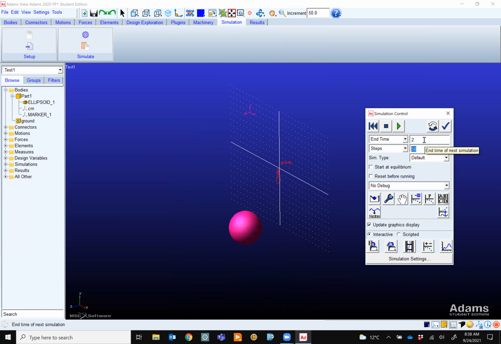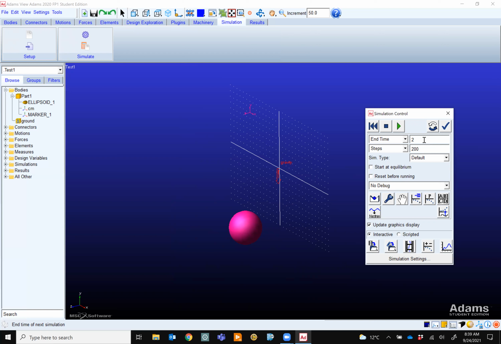So we developed the Lagrange equations inside, and the Lagrange equations are all nonlinear. Unlike a vibration course, ADAMS deals with the original nonlinear equation, and those nonlinear equations need to be solved numerically. Remember, when we want to solve an equation numerically, we break the time down into steps, like increments. We decide how big they should be. If I say I want to run it for 2 seconds and I want my increment to be 200, it means I want every second to be divided into 100 steps.